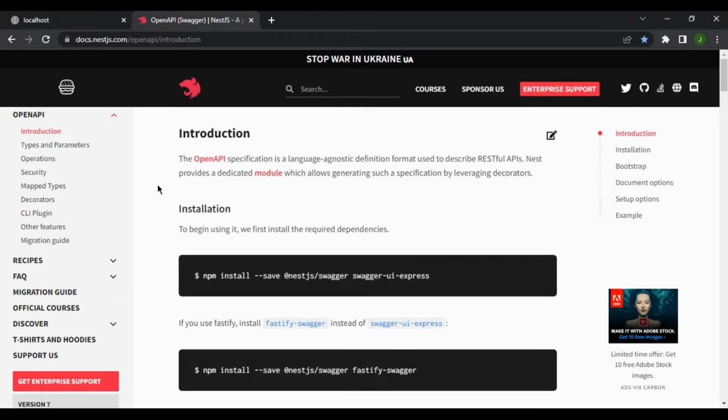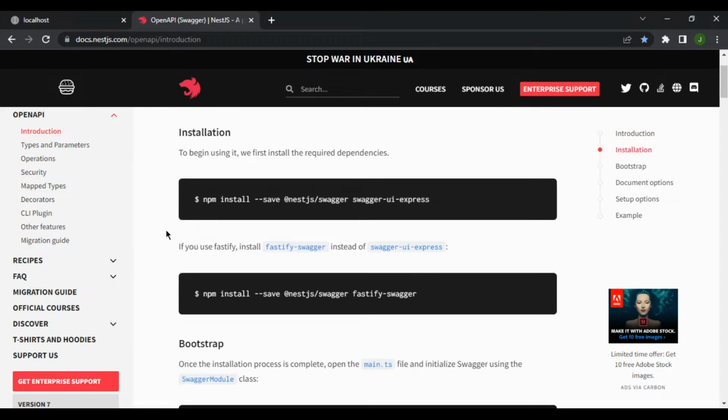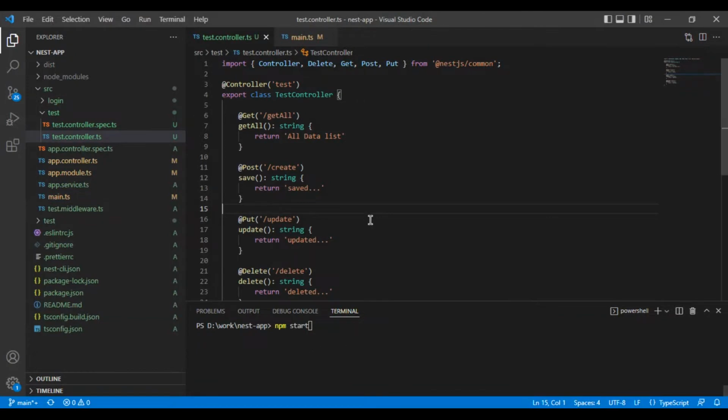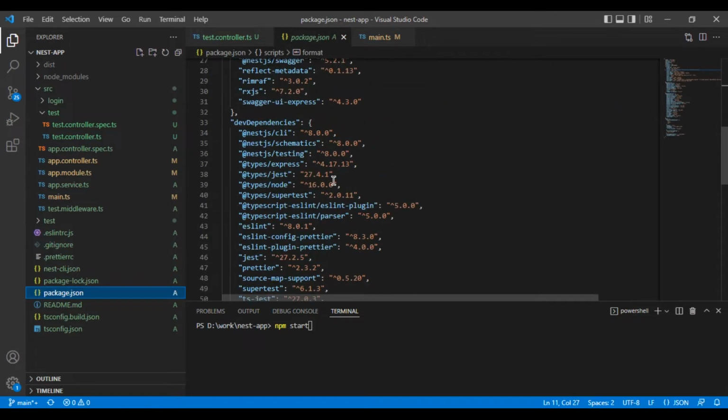So in this video, we are going to see how to implement Swagger in your NestJS project. For that, you need to install this NestJS Swagger, which will install this package, Swagger UI Express. This is not required, so if you are interested, then you can use this one. So let's start. I have installed that package. You can see in package.json I have installed this Swagger UI Express